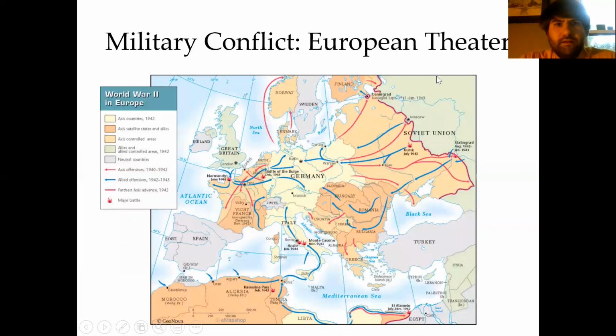Another crucial story of why the United States was able to ultimately prevail along with the Allies has to do with what happens on the Eastern Front. If you look at this map, you see all these red arrows and blue arrows. Follow the red arrows going out of Germany towards Russia, and you can see that there's a sustained advance on the Soviet Union by Germany. However, it did get bogged down in one of the best defenses the Russians have, which is winter. It's a vicious winter, and it was pretty deadly for the German invading troops,